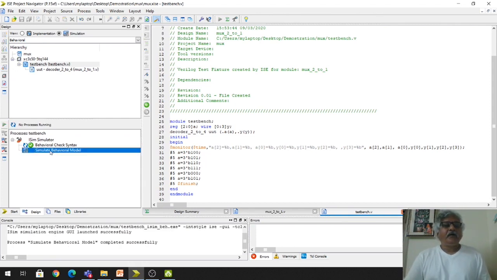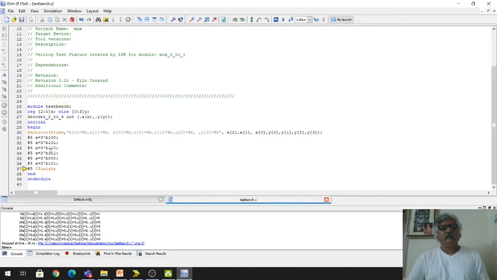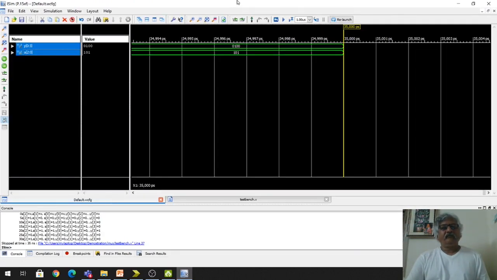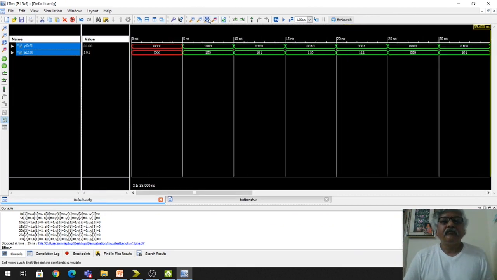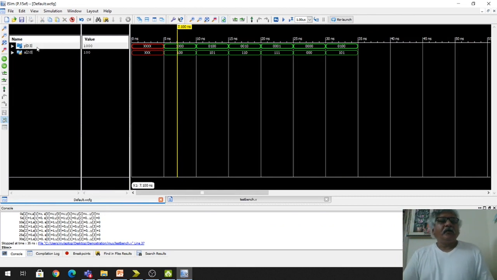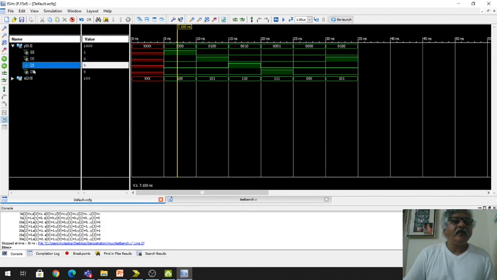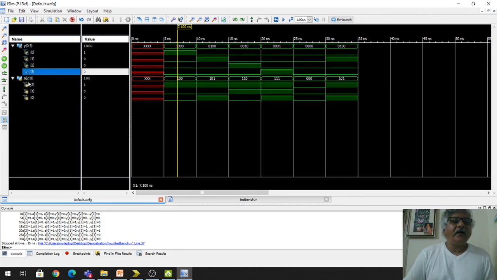Now I will simulate this code. Okay. So here you see outputs Y0, Y1, Y2, Y3, and these are the inputs A2, A1, A0.